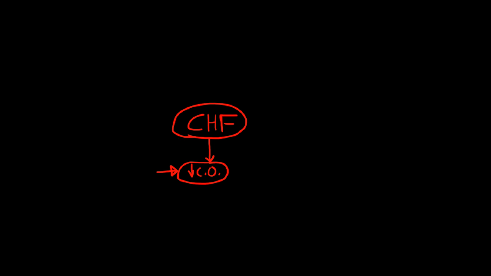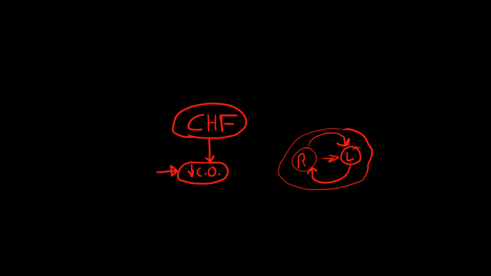So right heart failure and left heart failure, whether it starts in the right or the left, it really doesn't matter in the end, because they are linked. So you'll end up with just heart failure. Okay, so